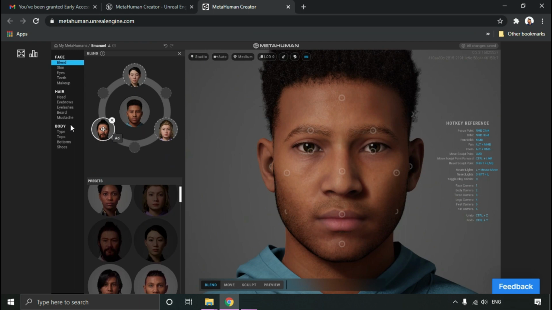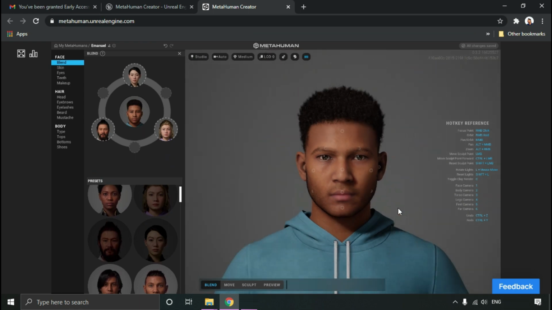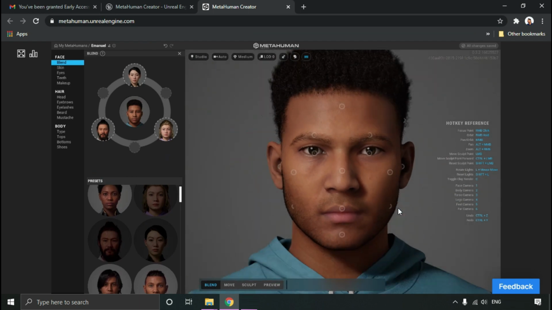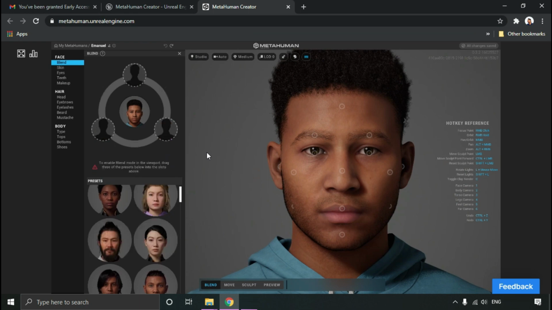Now suppose I want the eyebrows like Oi, I'll just drag it like this. And suppose I want the lips like Bernice, so I'll just select and move my mouse up. As you can see, the character is being blended into these three characters. Now I don't want the blend, so I'll just undo, and the undo option is just Ctrl Z. I don't want the blend option.